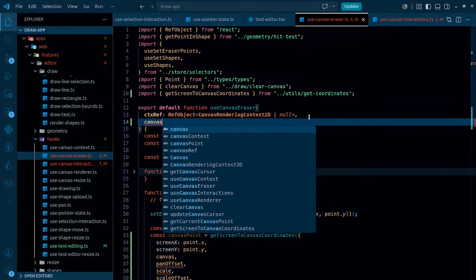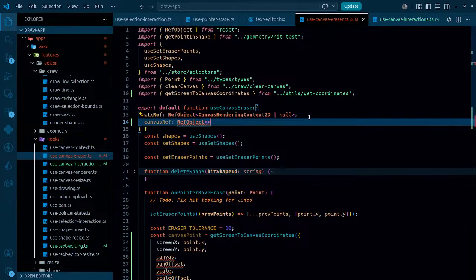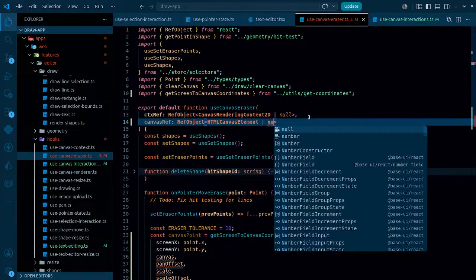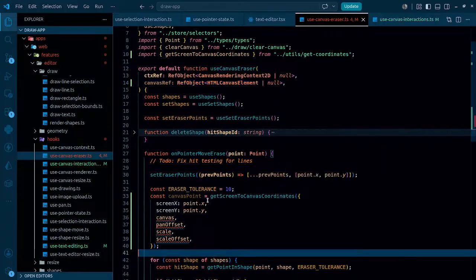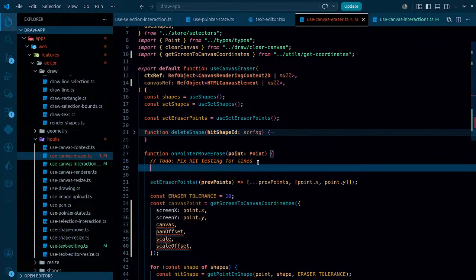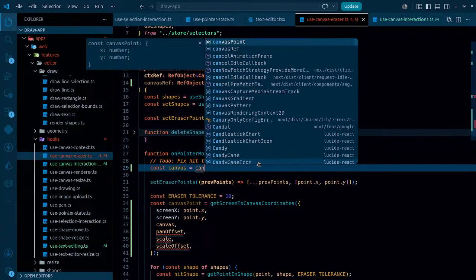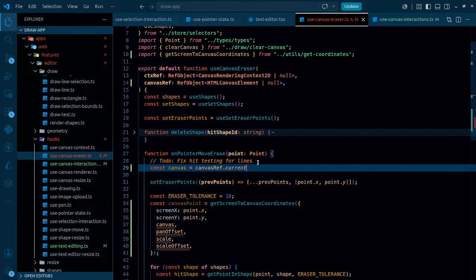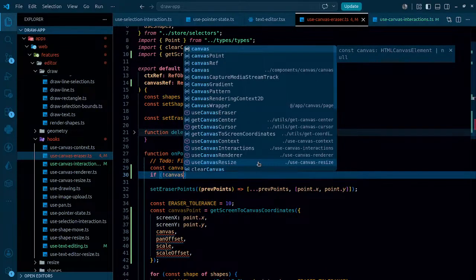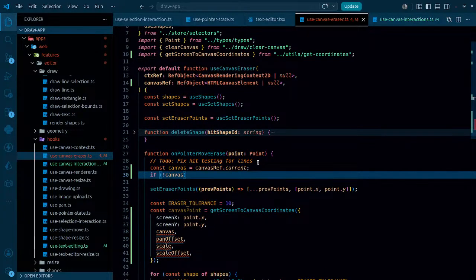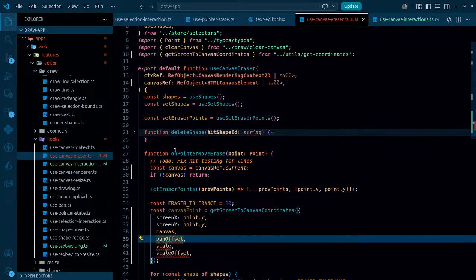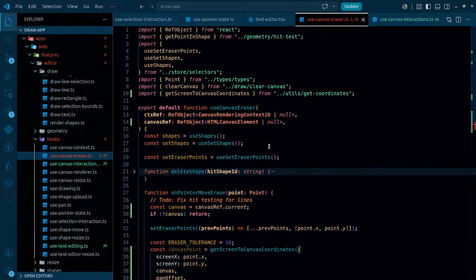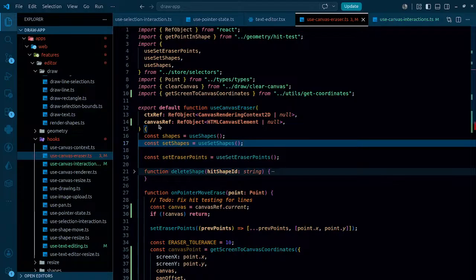Coming back to this, canvas ref object, and this is gonna be HTML canvas element, or it can be null for sure. Once this is done, then over here const canvas, that's gonna be canvas ref dot current. And if I don't have canvas, and in case I have the canvas, I'm gonna be passing, and we have to get pan, pan offset and all. So let's just simply get these from probably